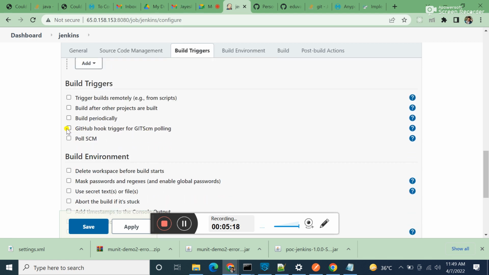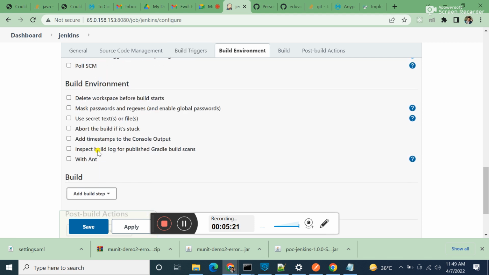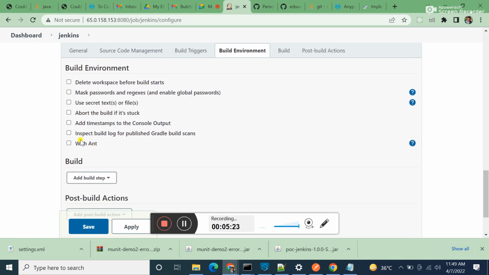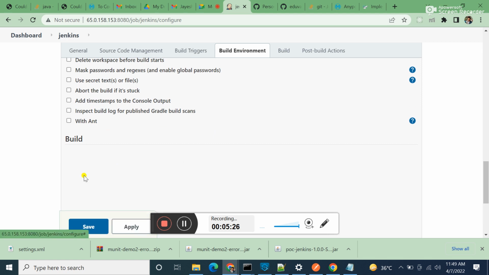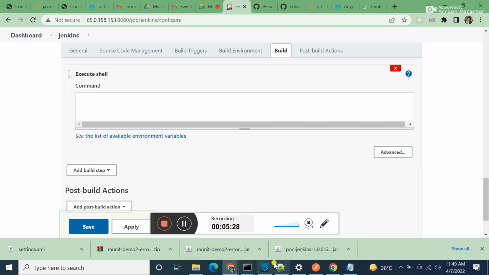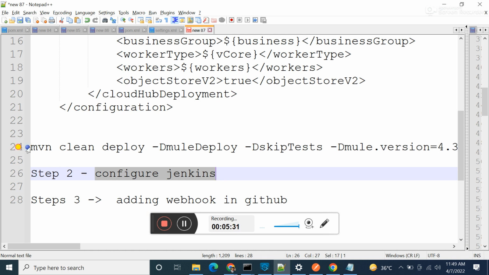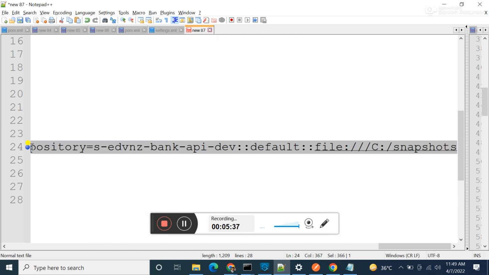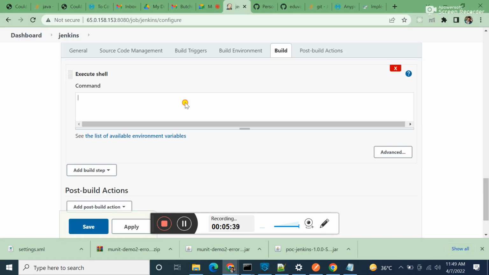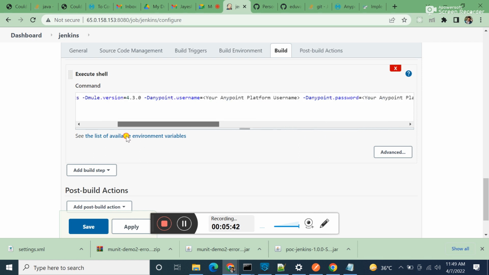Then click on GitHub hook trigger and then Build, Execute shell. In this shell you have to provide one command. Just paste that particular command here. The command is Maven clean deploy. I am skipping the time unit for now, providing the runtime version. You can add whatever you want, like 1.4. Then the name of your application,